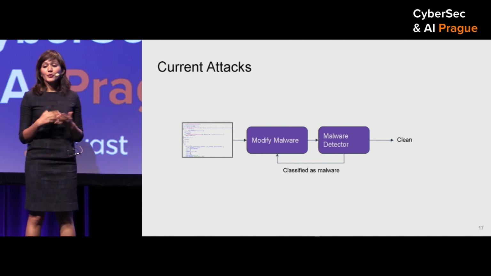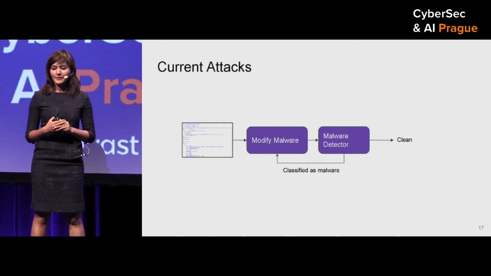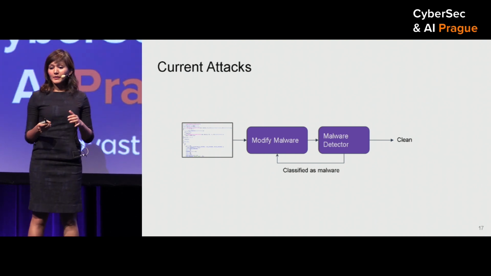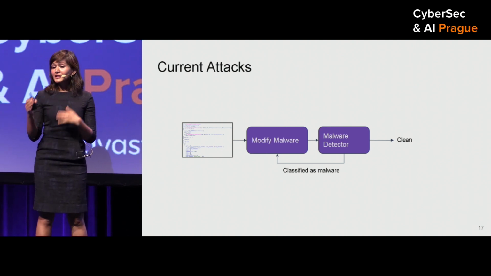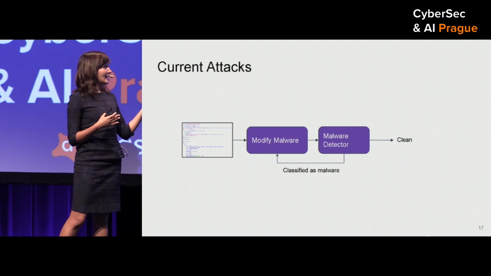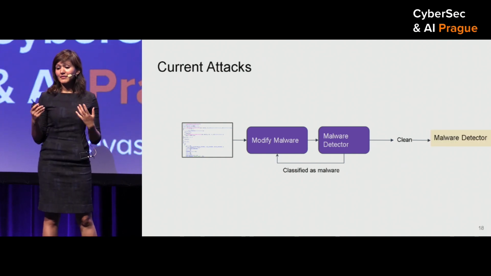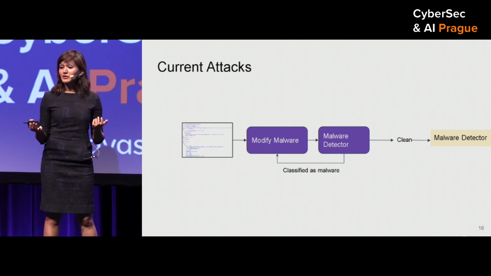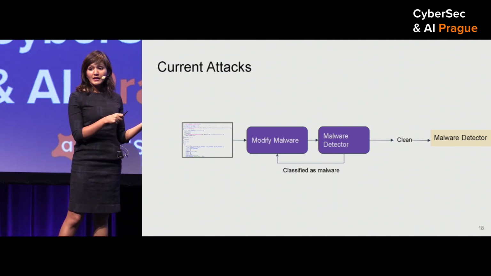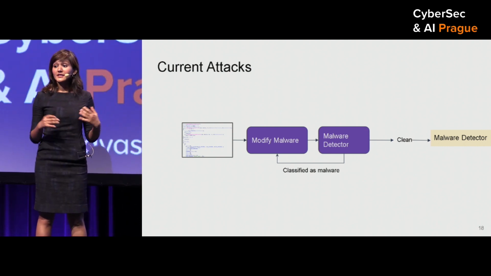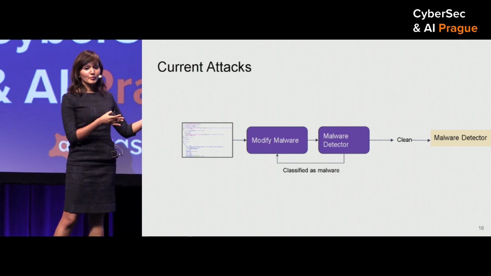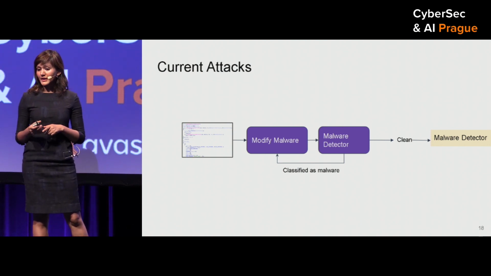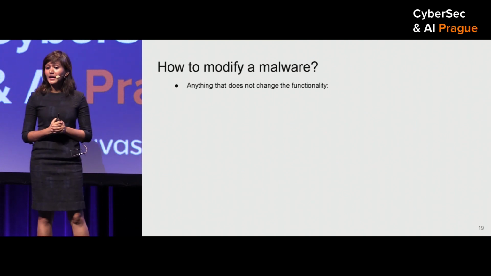So let's see more details about how adversarial attacks work. If you have unlimited access to a malware detector, you can modify your malware and query the detector and continue the loop as long as the classifier thinks it's benign. If you don't have access to a malware detector, as Nicholas shows, transferability works for machine learning models. You can tweak your malware against a substitute classifier or an ensemble of classifiers and use the example that evaded all of those classifiers to query the real malware detector you want to evade. So how can we modify a malware?